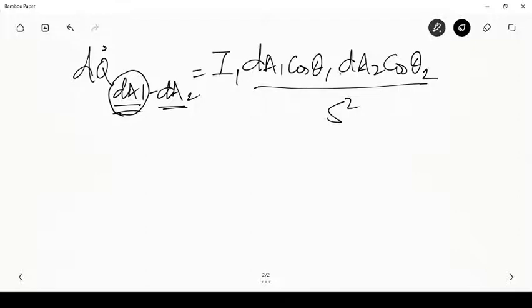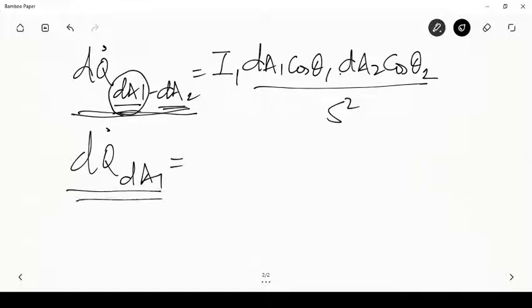So this will be dQ dot dA1. This is the energy leaving A1 but arriving on A2. The total energy leaving dA1 over the entire hemisphere will basically be the integral of this dA2 cos theta 2, basically d omega 2 over the entire hemisphere. Okay, so if I can do that integration, then I'll have an I1 dA1 and integral of cos theta 1